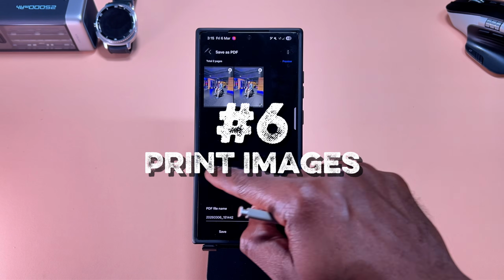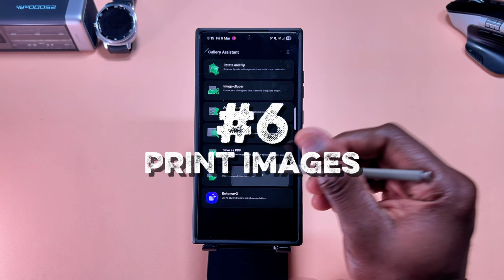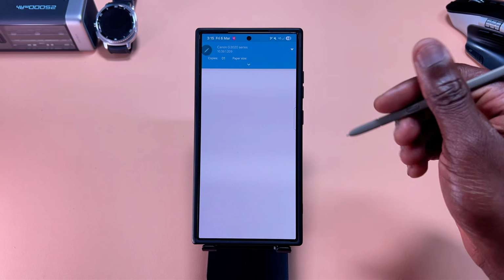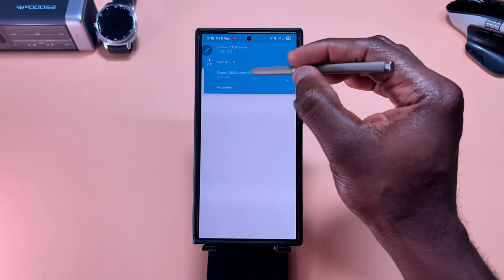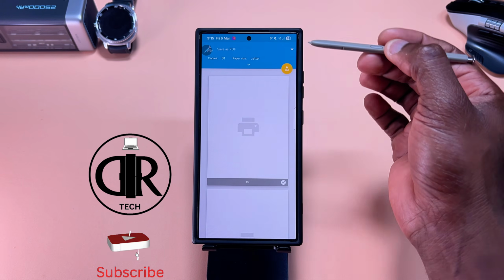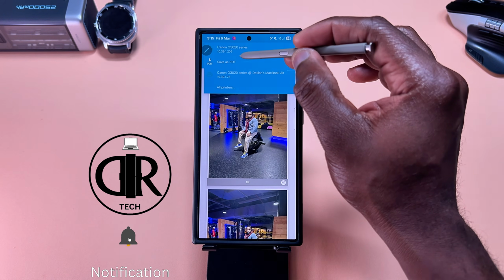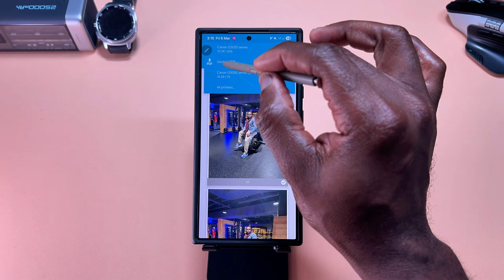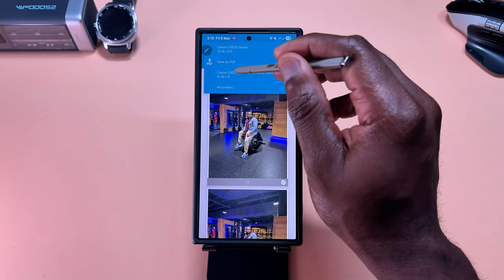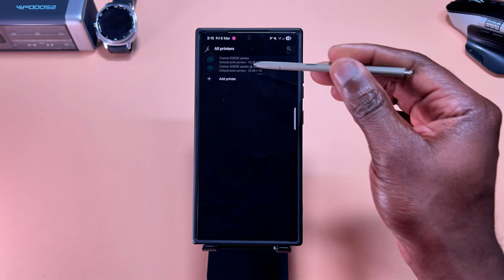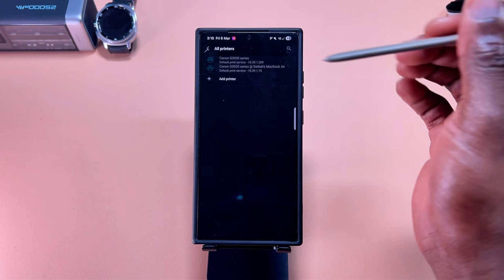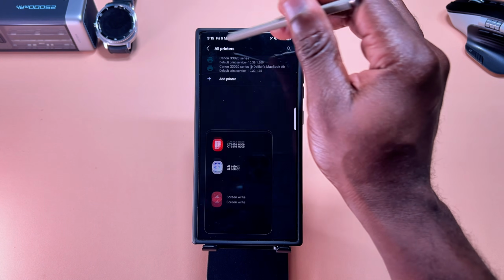After you've saved it or before you've saved it, you can also come into print the same images that you've selected, and you're allowed to print them directly from here. So here you can select the printer you're going to use, or if you want to save it as a PDF directly, you can select that. So if you have your printer, you can select the printer if it's online. If you don't, you can select PDF to save it, or you can go to all printers, look for the printers that are available, the one that you want, you add it to it or use it to do the printing. All right,